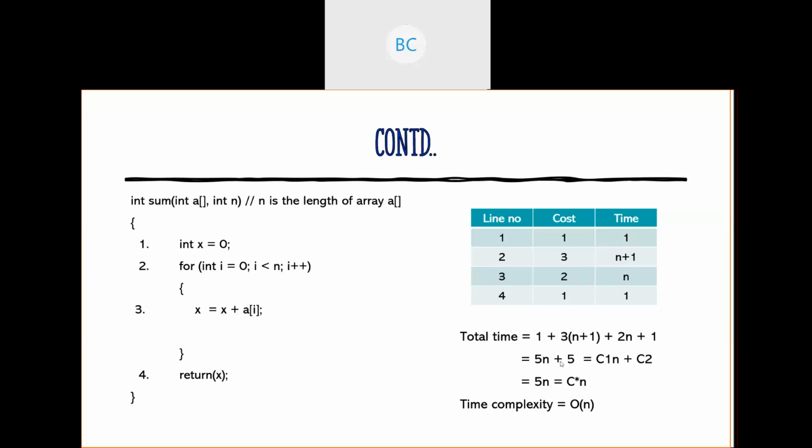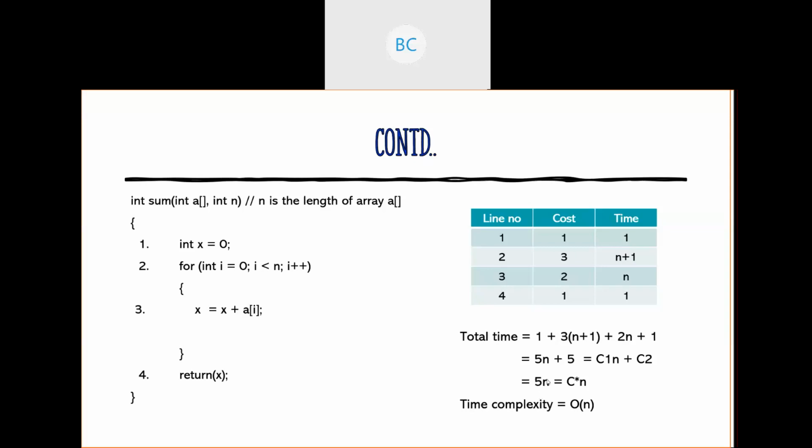For any asymptotic notation, we are going to disregard or ignore the constant part of the term. So in this expression, only the 5n part contributes to your time with respect to the input size. Therefore, of course, we discard the 5, so the remaining part is 5n.